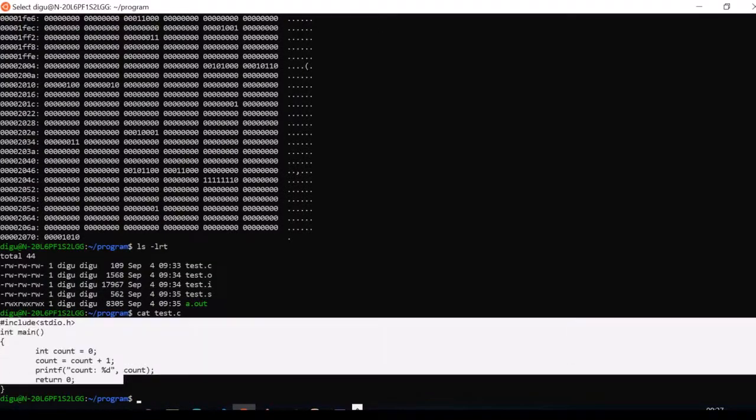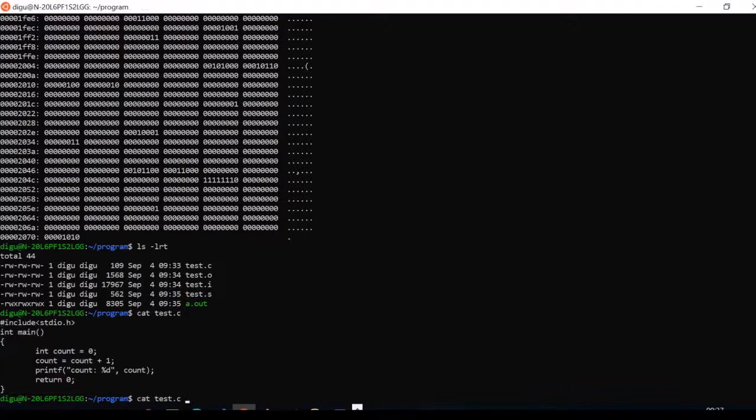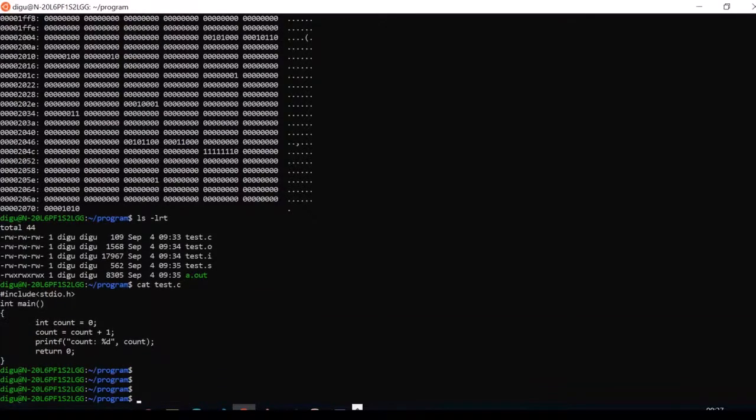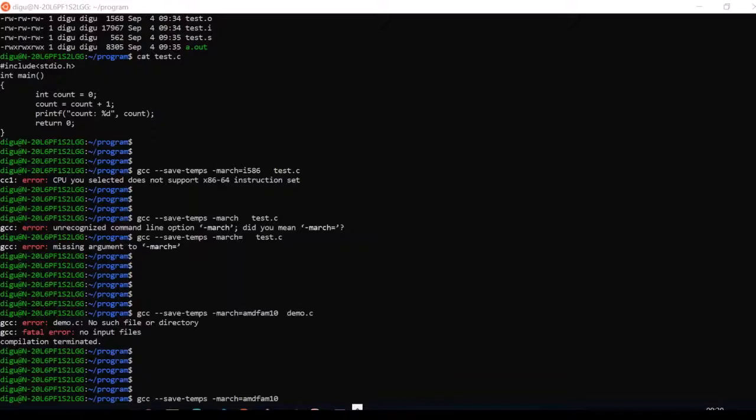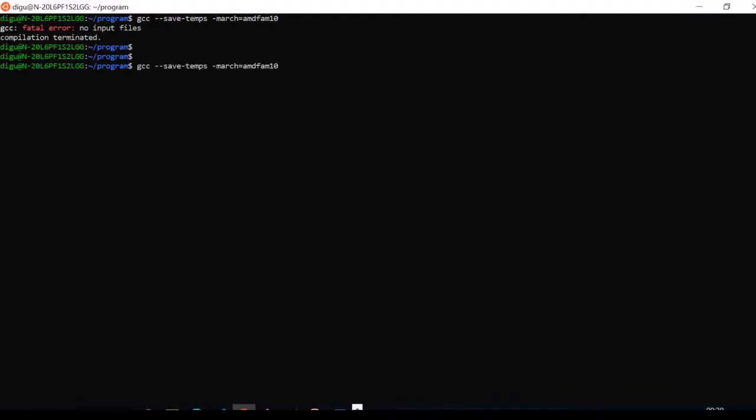This source code can be transported to another computer, or you can specifically tell which machine or which architecture of the hardware you want to compile it for. That is called cross compilation, and you can do it like this. You can try to compile it to a different architecture, for example AMD FAM10 hardware. So you can cross compile this test.c